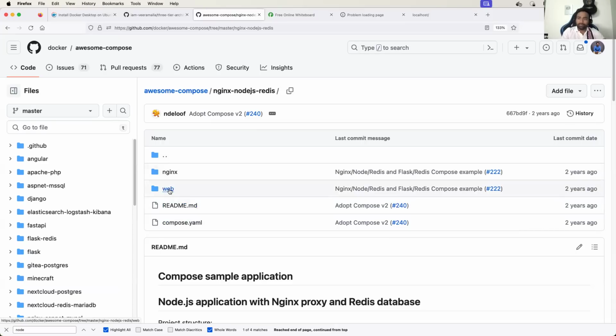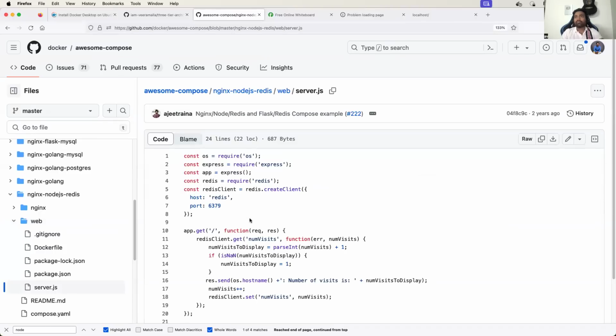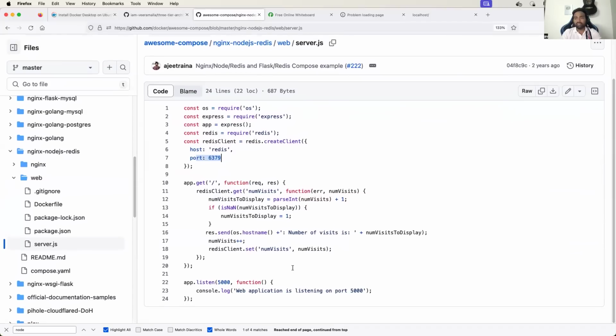Here, there is web and there is Nginx. If you go to the web, which is the Node.js application, what is it trying to do? Just go to server.js. Like I've explained, it is talking to the Redis client. So first, it will install Redis. Then it connects to Redis on port 6379, right? And then you have a very simple logic where it is looking at the get request